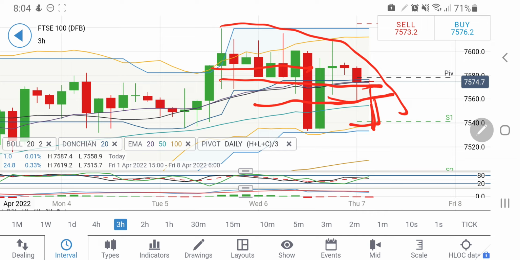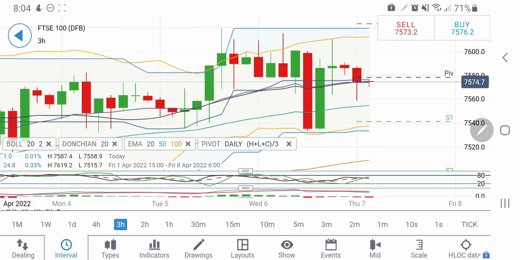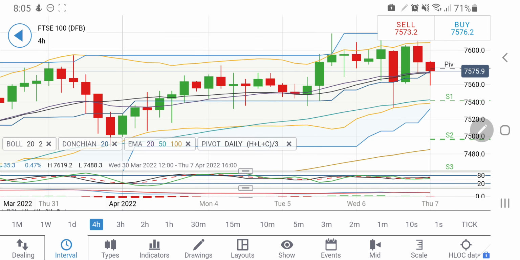Rather, if you ask, between 7,540 and 7,600, still try to avoid these 60 points and then take a position only accordingly. So for the day, if you see it trading below 7,550, you can take a short entry for 7,540, 7,520 levels. At the same time, on the upside, if you see it trading above 7,600, you can expect 7,610 levels, which can be achieved. So take your positions accordingly.